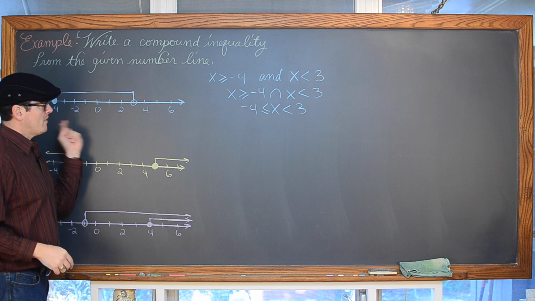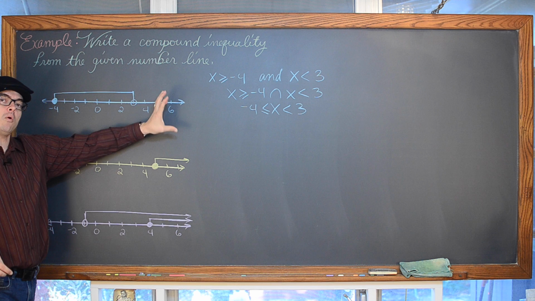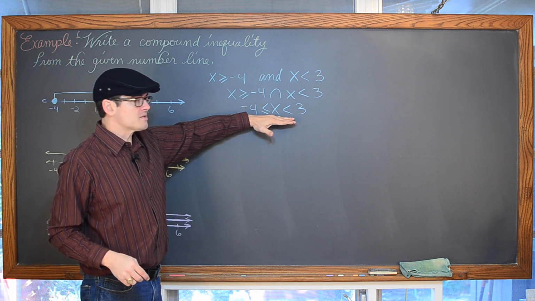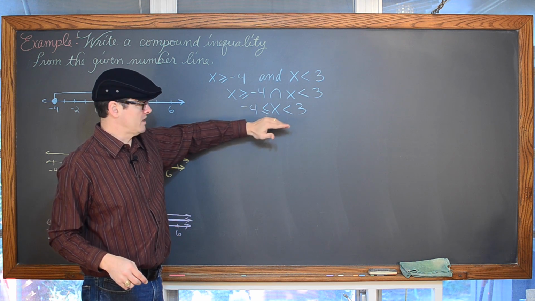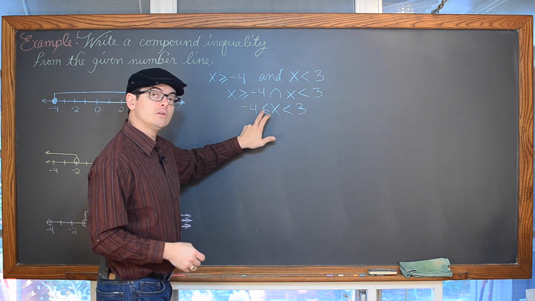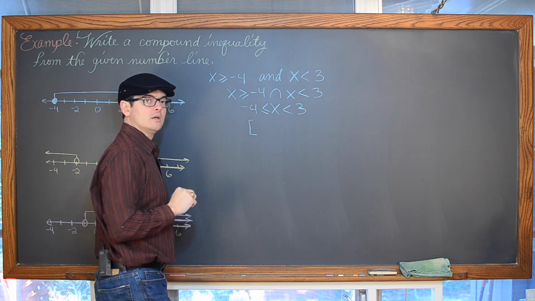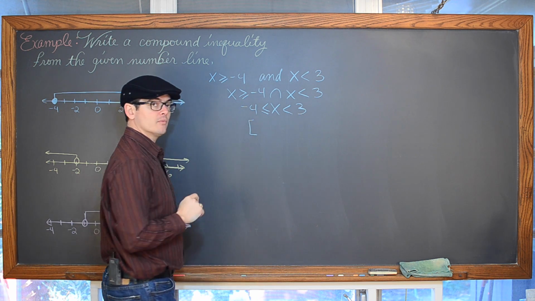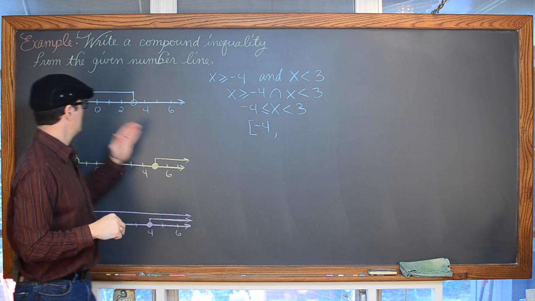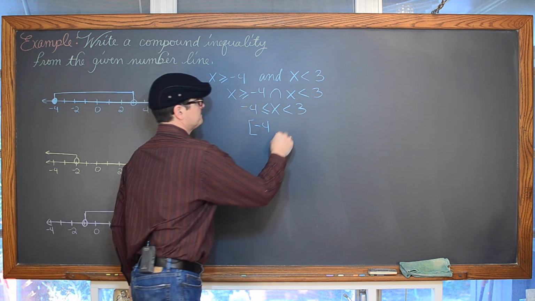Now, you might also be looking at these types of graphs and not be using inequality notation, but interval notation. So another way of writing this statement with interval notation is to say, okay, the shading is starting at -4 and it's including that value. So we're going to use a square bracket and put the smallest number first, which is going to be our -4, comma, go up to the largest value, which is included in the shading on the number line, which is +3.